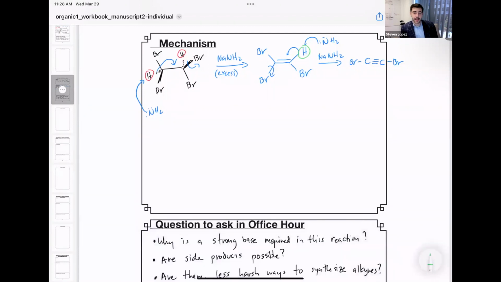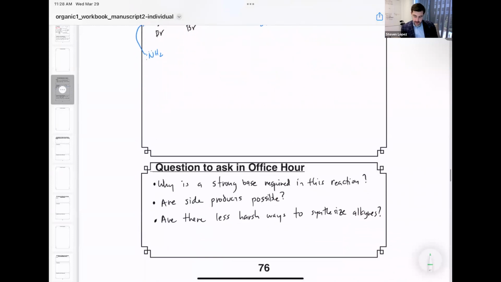So some questions you can ask in office hour. First, why is a strong base required in this reaction in the first place? Two, are side reactions possible given this kind of reagent? And three, are there less harsh ways to synthesize